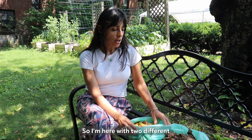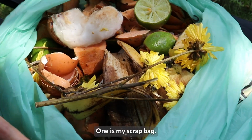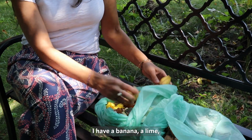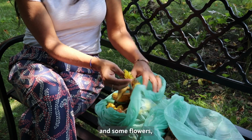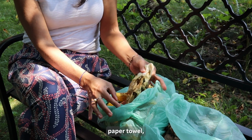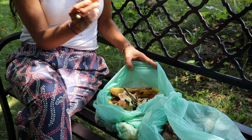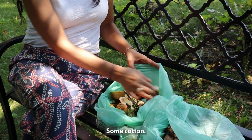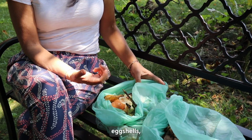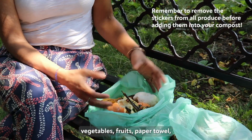So I'm here with two different bags of what compost can be made of. One is my home scrap bag. I have a banana, a lime, some flowers, eggshells, paper towel, and sweet potatoes, basically food scraps, some cotton. You can add in your food scrap bag eggshells, coffee, tea bags, vegetables, fruits, paper towel,